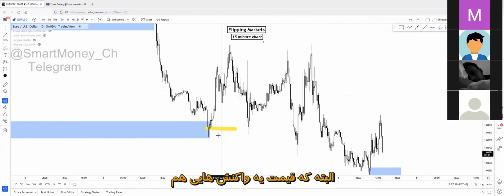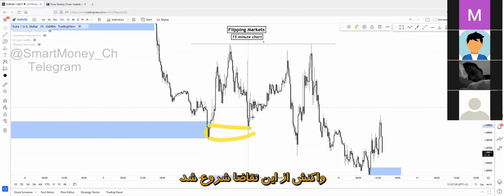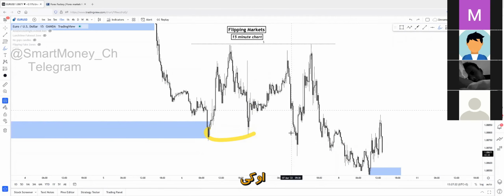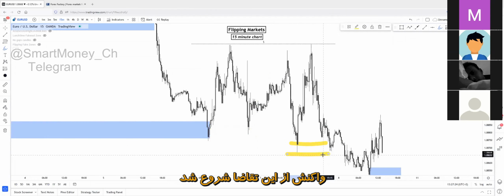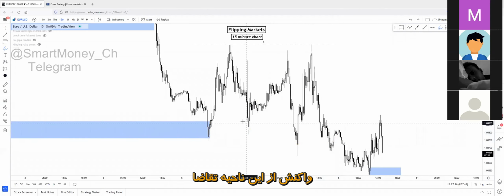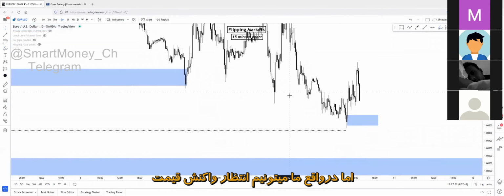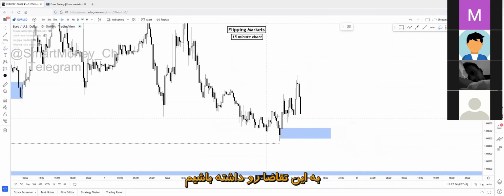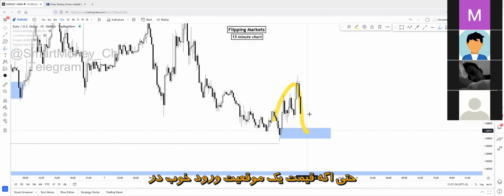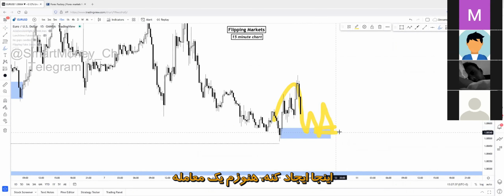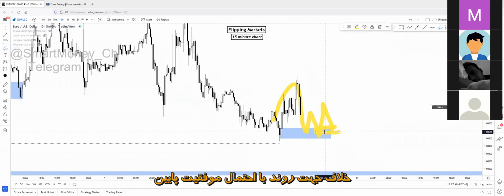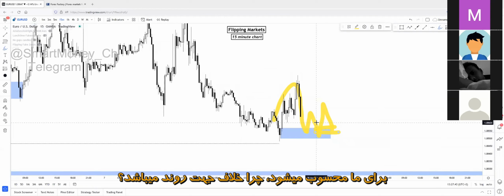Of course, there are reactions. As you can see, reaction has started from this demand zone. Reaction has not started from this demand zone. It just slightly broke below, as you can see. But we can actually expect a reaction on this demand zone. And even though price can create a good entry opportunity right here, that will be a counter trade, and that will be a low probability setup for us.